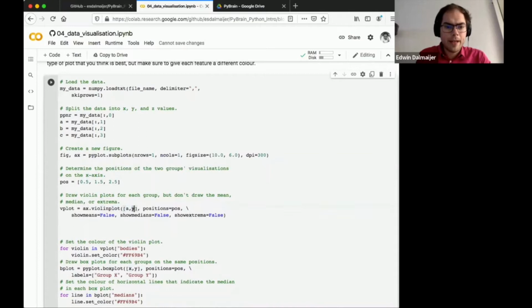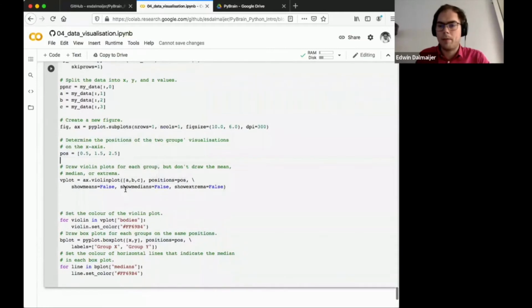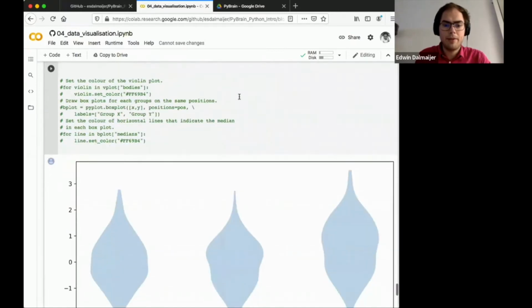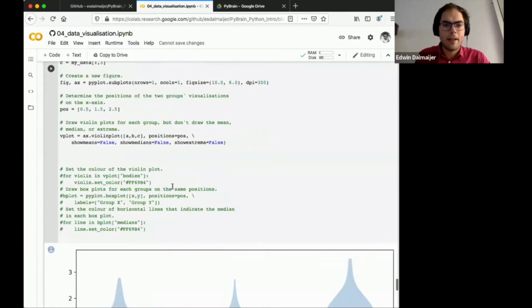All right, so I can use this axis now to create this violin plot. My groups are now A, B, and C, and my positions are predefined. Those are the 0.5, 1.5, and 2.5. And I'm just going to create a plot, so just the kernel density estimate, they call that. So no means in there, no medians in there, and also I'm just ignoring the extrema. Excellent. Just to show you what that looks like without any further ado. Also checking whether it actually works. Yeah, there we go. All right, so now we have 3 blue violin plots without anything in there, but the assignment was to make them